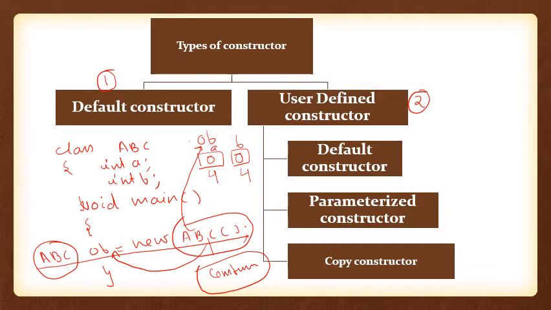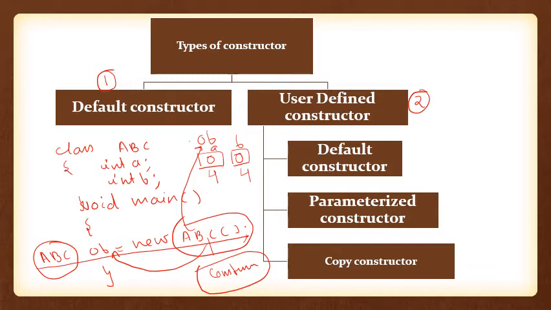Second type of constructor: when the user wants to define their own constructor according to their need, that constructor is known as what? User defined constructor. So what is the difference between the default constructor and the user defined constructor? A constructor defined by the Java compiler is known as a default constructor. A constructor defined by the user is known as a user-defined constructor. The default constructor initializes the data members with the default value. With a user-defined constructor, we can initialize the data members with our own values.